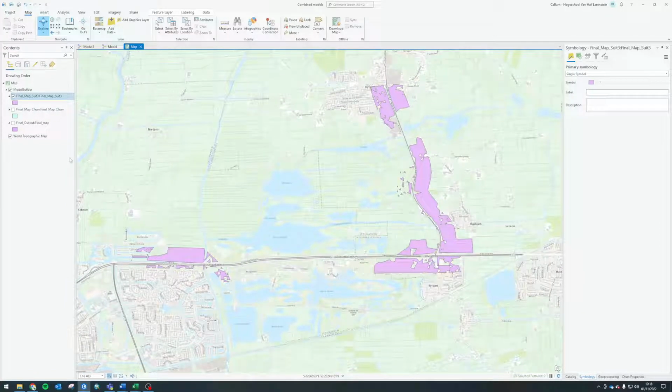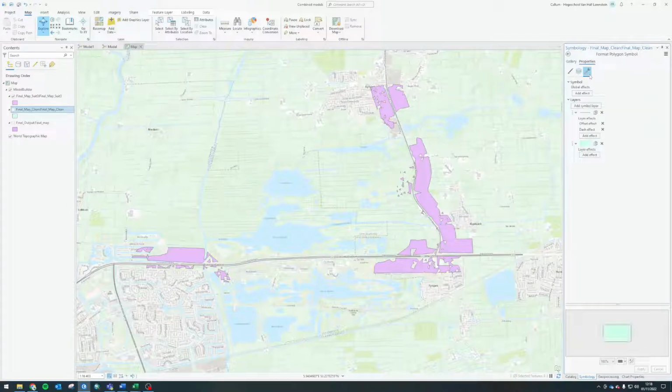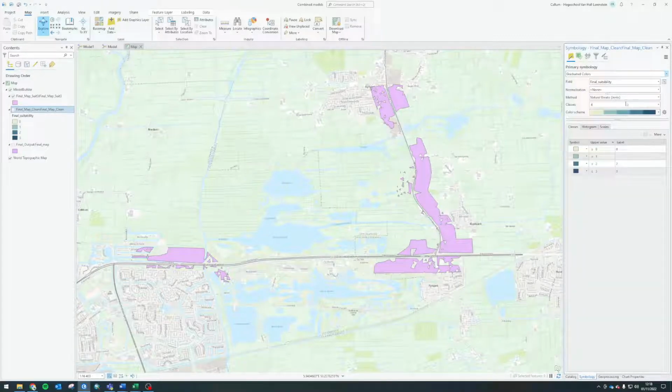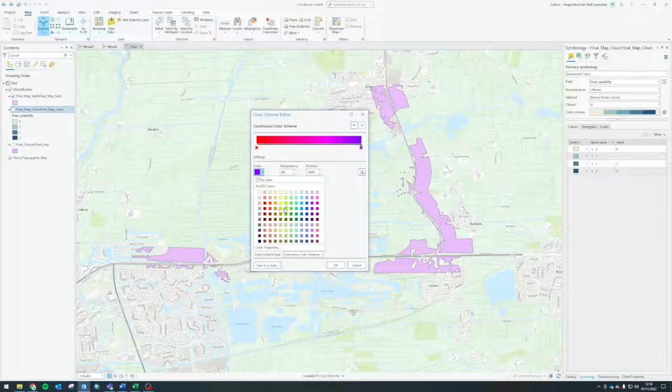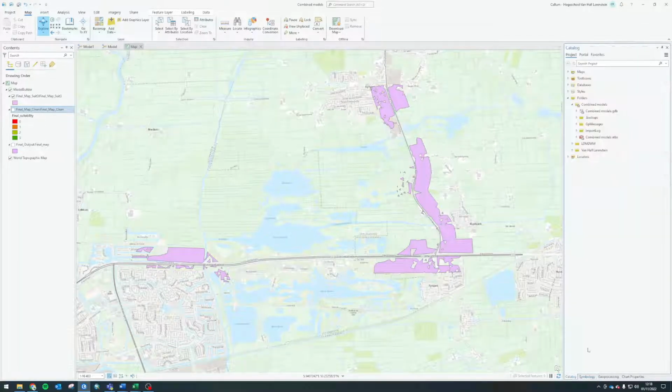We see similar to before, and it's a shame that I kind of lost my symbology here. But we'll fix that real quick. Go red, go green. If this is too fast for you, then scroll back a wee bit in the video, and then you can see how I did it previously. Okay, so